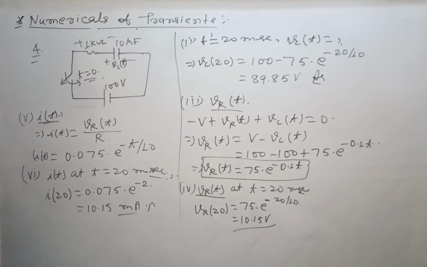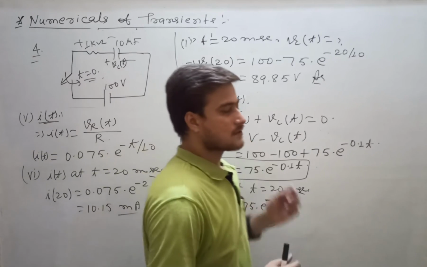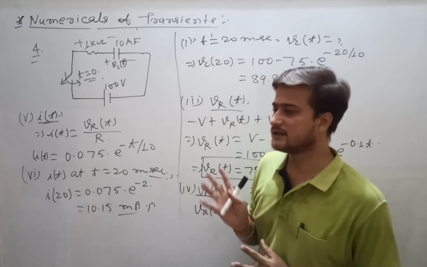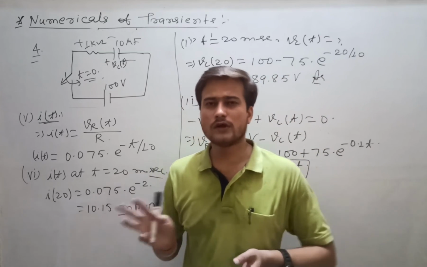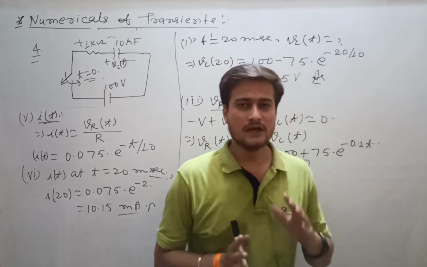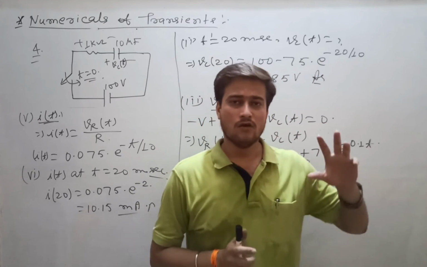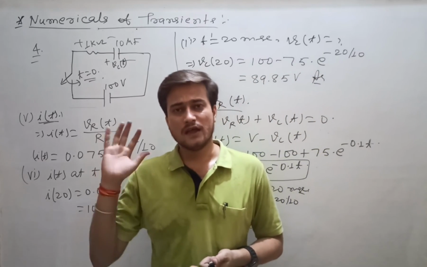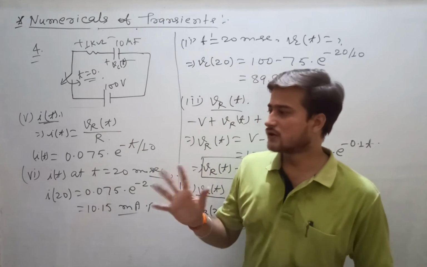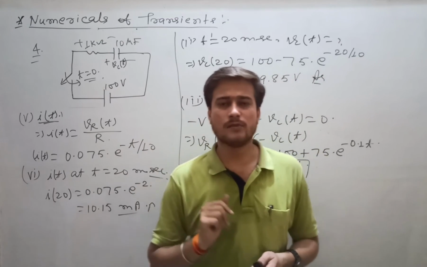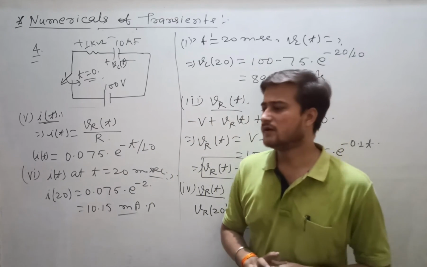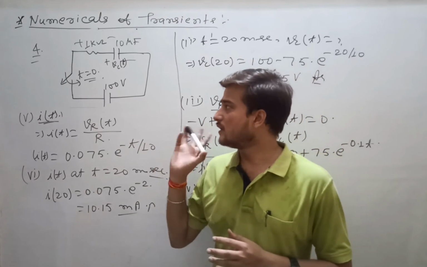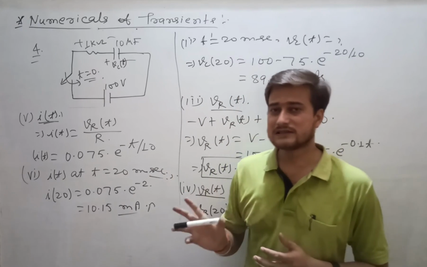Clear? So today I discussed the numericals on the RL circuit as well as on the RC circuit. I have taken two different cases in both types of questions. In the first case we took the circuit without initial conditions, and in the second case we took the circuit with initial conditions. So now you have to practice all of these numerical questions. In the next video lecture I will discuss some questions asked in the GATE examination on these two topics, that means on the RL circuit and the RC circuit.